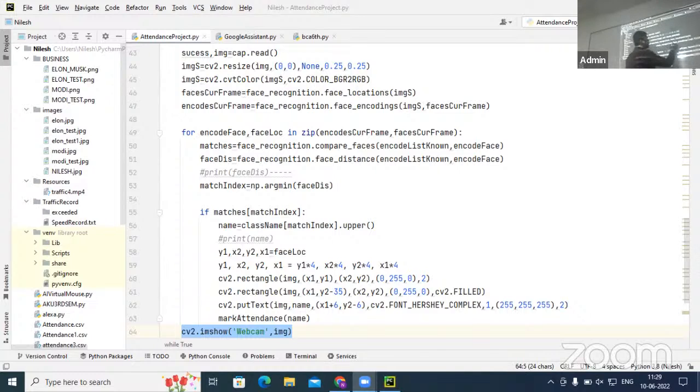Again, what we are going to do? We are going to find an encoding. Okay. Suppose you are not giving this one. You are only going to provide what? IMG, means image. Then what will happen? Then in this case, the face encoding function will have to search for the image first, where it is, and then it will record the encodings. But right now we are going to help it. How are we going to help? We are going to give the image from which it has to find the encoding. Also, we are going to provide the